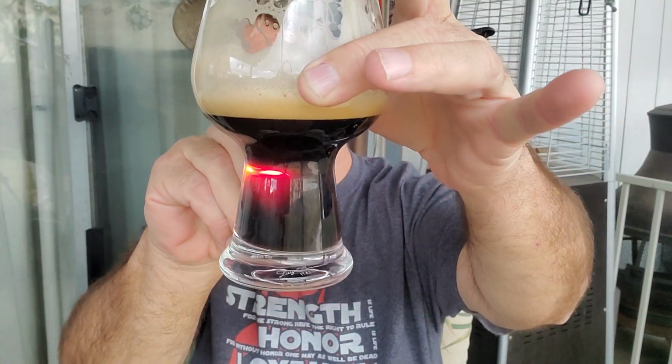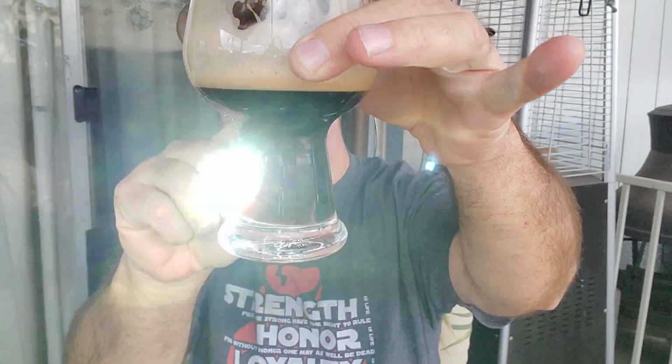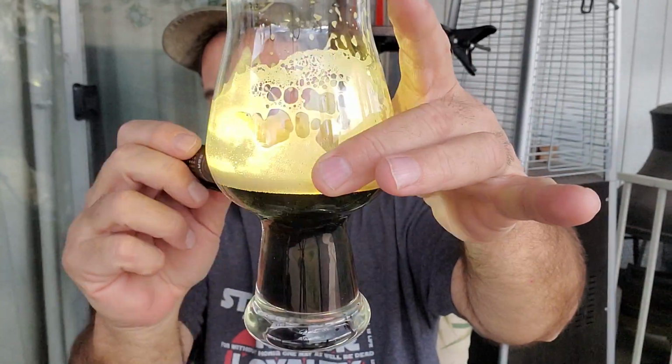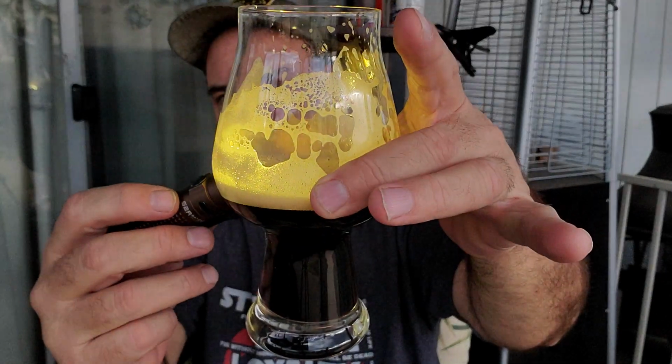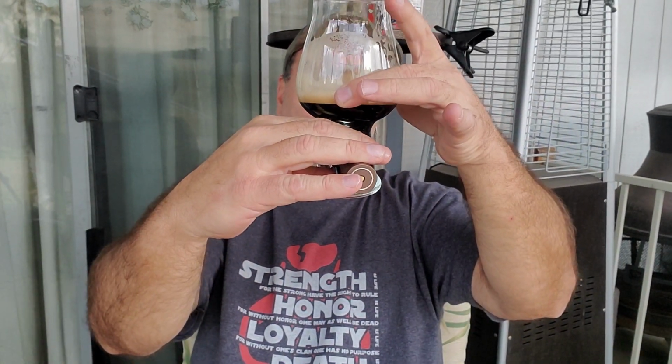Step her up. That is full blast for this flashlight. Sorry, I did not mean to flash you. The headlights up nice though. And that is dark, man. So out of 100, I hit it on this side on high. I am deep red, black cherry into brown. So this beer is an easy by my eye, 1 to 100 Lovibond scale SRM of